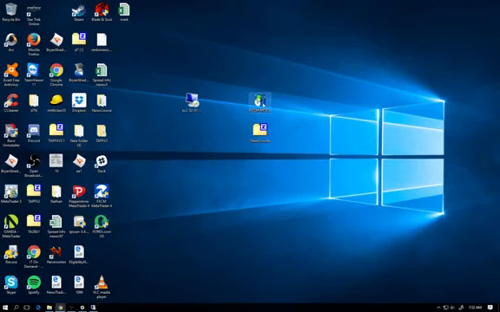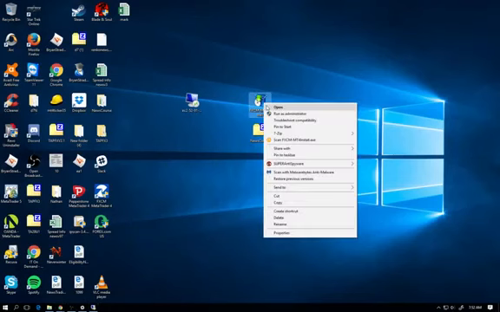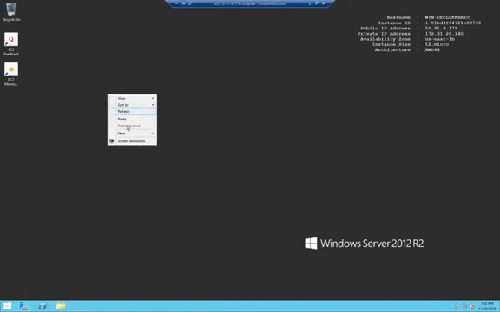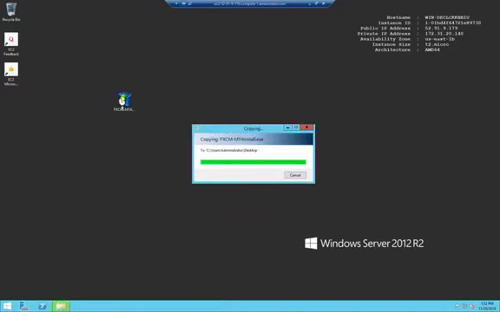So the first thing we want to do is we are going to go here. We're just going to right click. We're going to do copy. And we come back here. We can right click and just do paste. Remember, we enabled clipboard. So now it's going to copy it from your desktop to here.